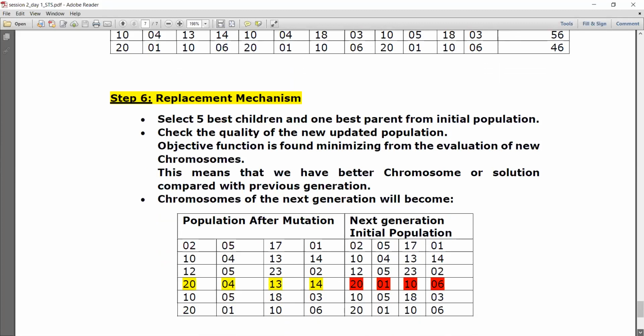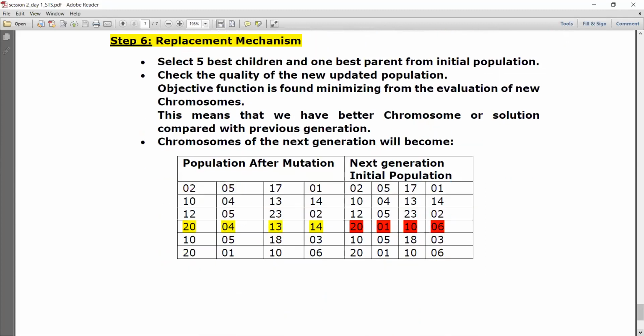So now how are you going to replace and have the new population set for the next generation? Now this is final. So now I have got 6 solutions in my hand. Now instead of allowing all the 6, I'm going to allow only 5. I can allow even 4. It depends. Here we are going to use our intelligence completely, because we will definitely have to have the elitism process. Elitism process in the sense, sometimes if we allow all the offspring and children for the next generation, sometimes we may happen to lose the best chromosome of the previous iteration. So each time it is again our responsibility to store, to save, to preserve the best solution of every generation.